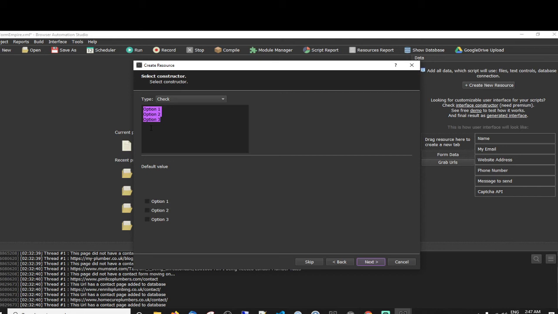Of course, this is only to be used with people you have permission to contact. So if you have a mailing list and you can't contact them, then this would be the second way to be able to contact them. This is also going to grab social media details, at the moment just Facebook if they have it on the contact page, and also an email address if they have it on there. And I'm also going to add phone number. I forgot to add that.